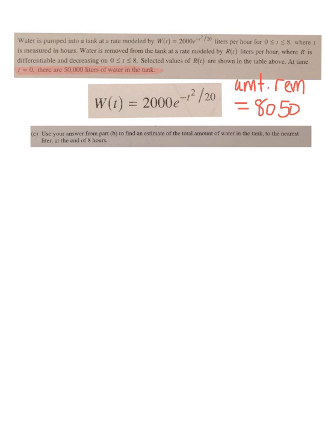So let's just think about this for a second though. It's saying use your answer from part B, so that's this, to find an estimate, and this is going to be an estimate, of the total amount. Now total amount does not mean rate, so we should be thinking integral of some kind, okay? Total amount of water in the tank to the nearest liter at the end of 8 hours. Okay, so total amount of water in the tank, wouldn't that mean that we would have to